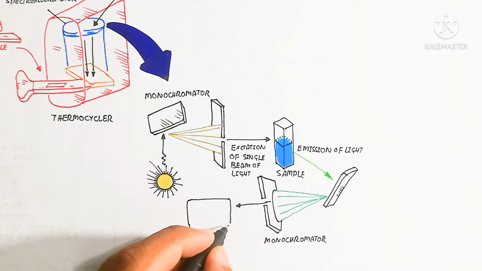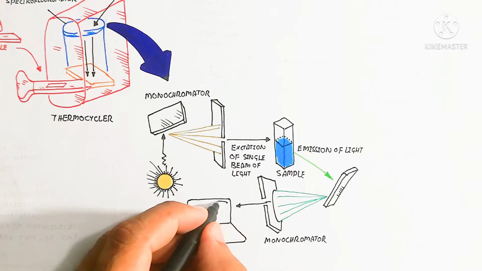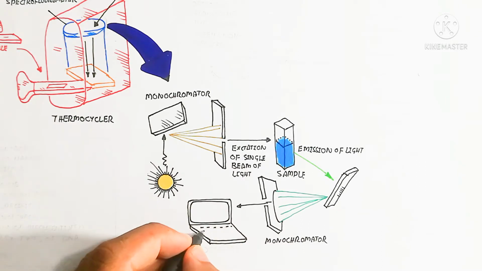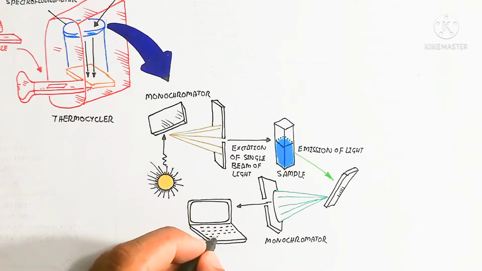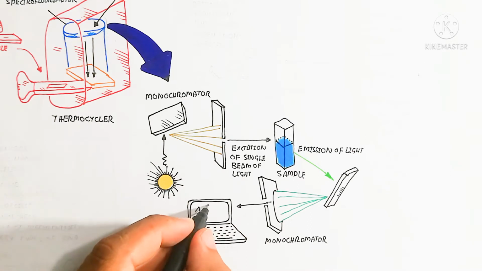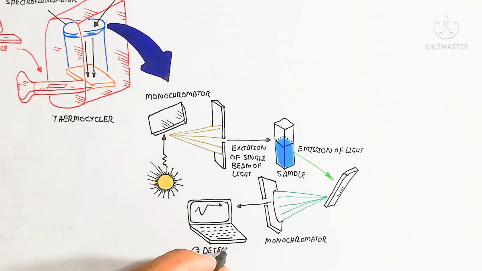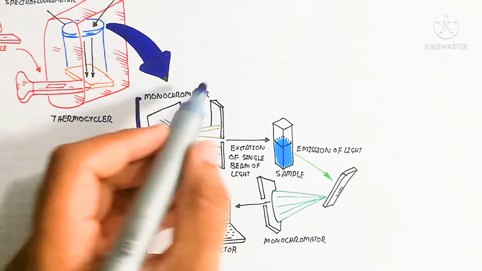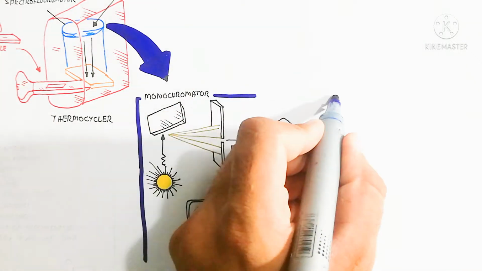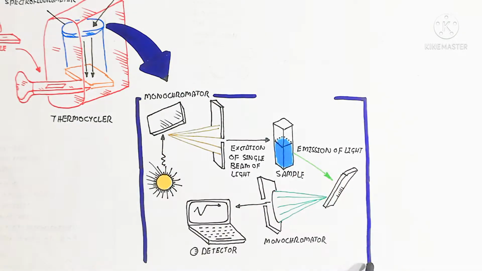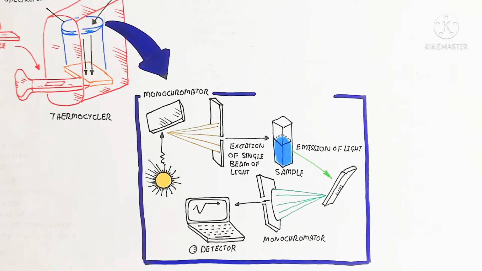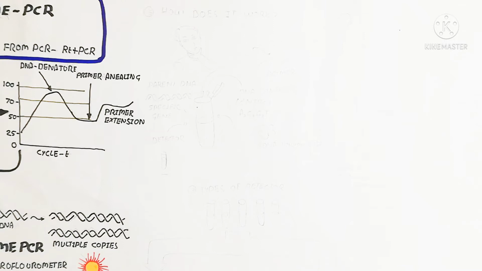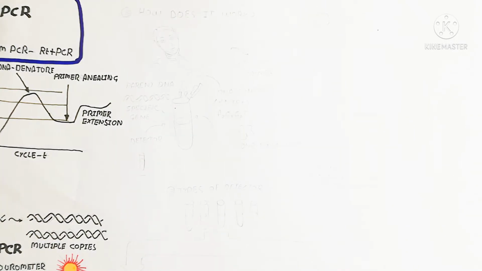We will also understand the type of detector. There are 2 types of detector. So here is another monochromator which receives the light emitted from the sample. Here is the detector which detects the color, and we can see it by the graph. I hope you make sense of that little concept, the detector. So let's begin to understand how it works.